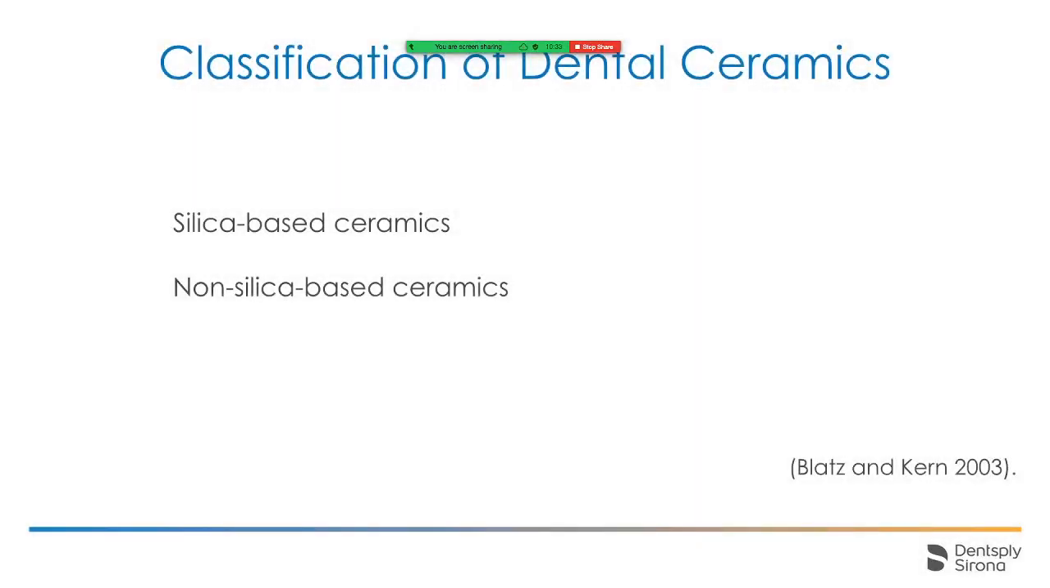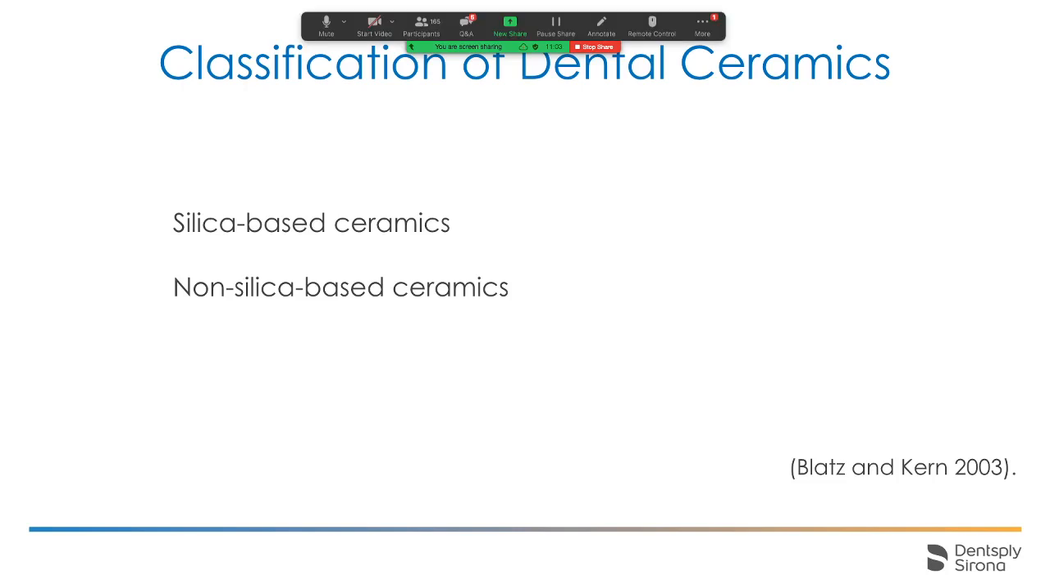Then we'll know more about the classification of dental ceramics, so we can know which resin cements we can use, or if I want to choose conventional cement too. Dental ceramics can be divided into two groups: the silica-based ceramics and non-silica-based ceramics. Silica contains low to moderate strength ceramics, and non-silica is stronger and has high strength properties like